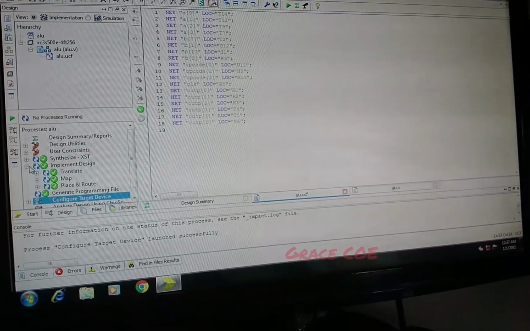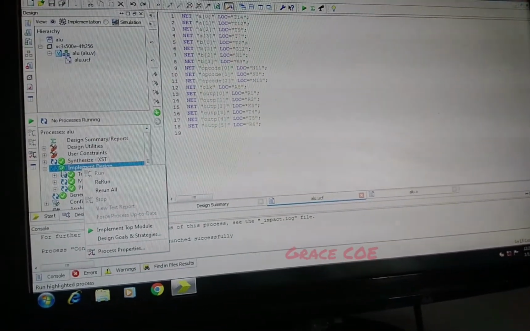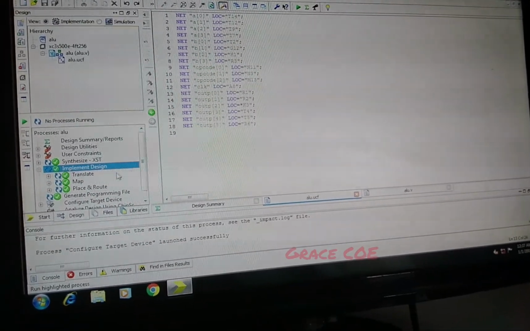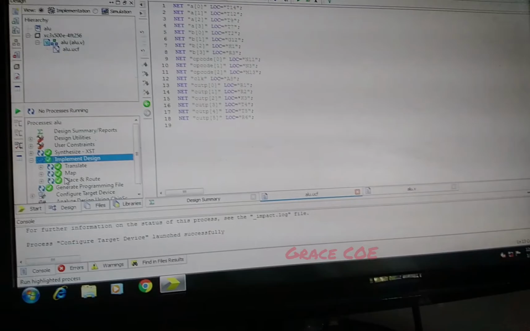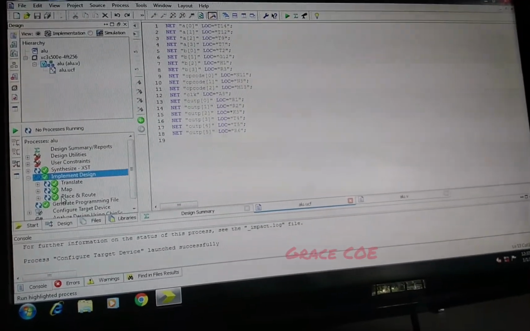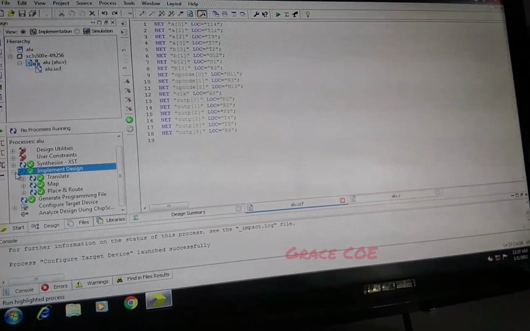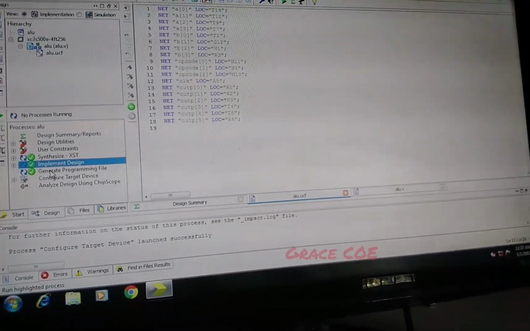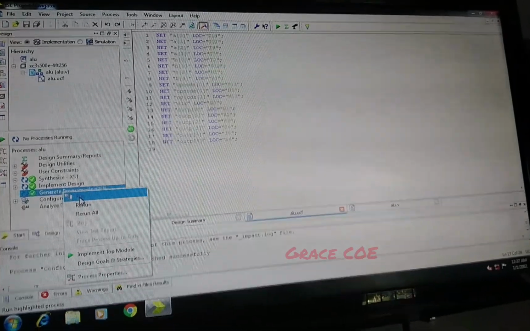We'll expand that, or we just right click it and run. This will run all the functions under implement design, and here I have already run the code, and I have got a green check, which means it has run successfully. After running this implement design, we'll be clicking on generate programming file and run this as well.